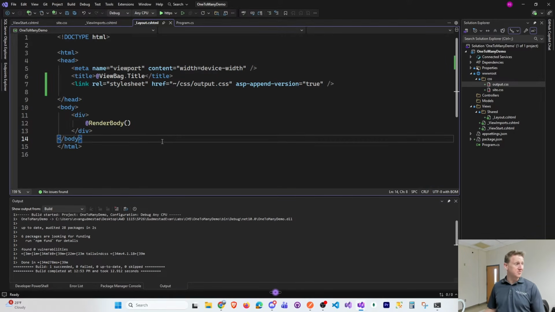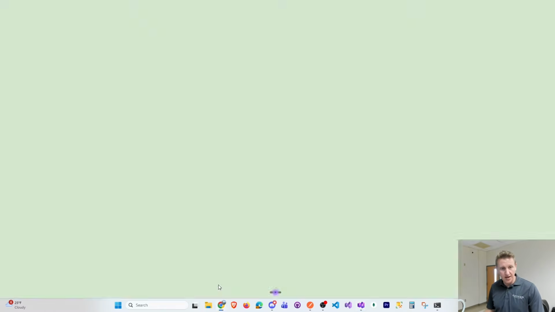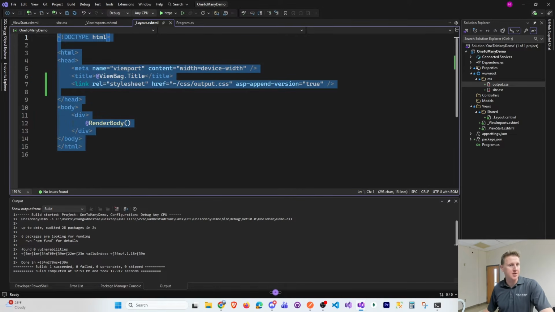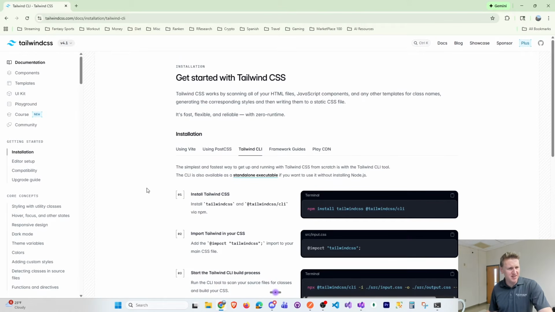Now, we're not really using anything yet. And so I like to start with a layout, an application layout, and this is just a shell of the page that's built with Tailwind. Right now, the shell of the page is just HTML5, and so I've done this once or twice with my class, and I always got to find the right